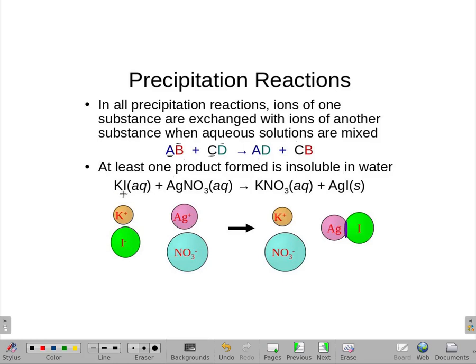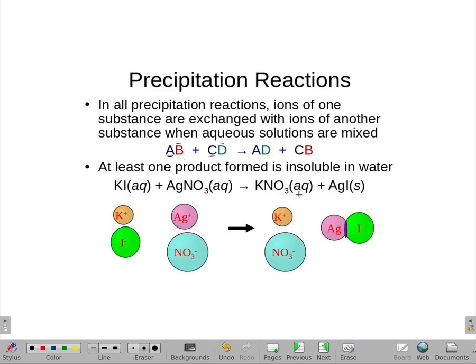I have potassium with iodine and silver with nitrate. So when I do my double replacement, I'm going to put the potassium with the nitrate to make KNO3, and put the silver with the iodine to make AgI. They're doing a swap with each other. In this particular example, and a lot of the examples we're going to see,